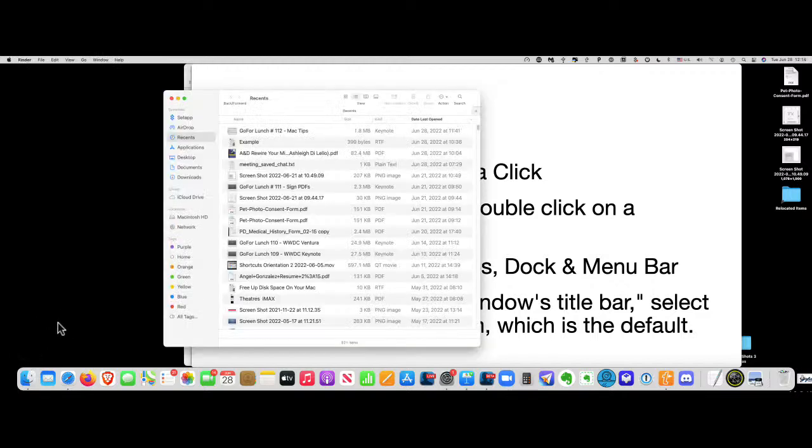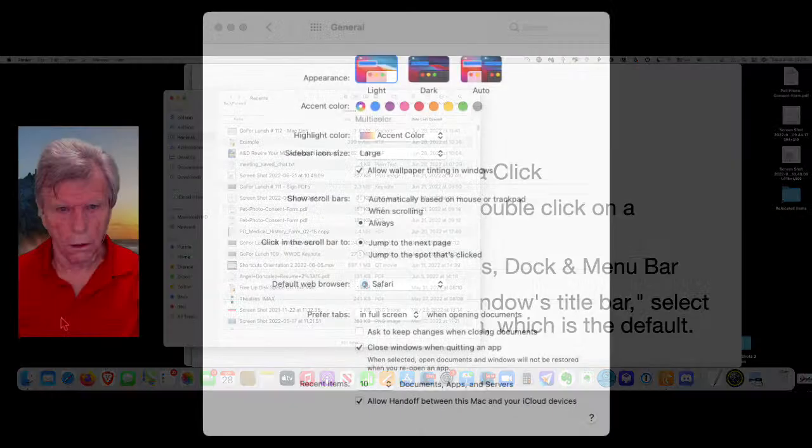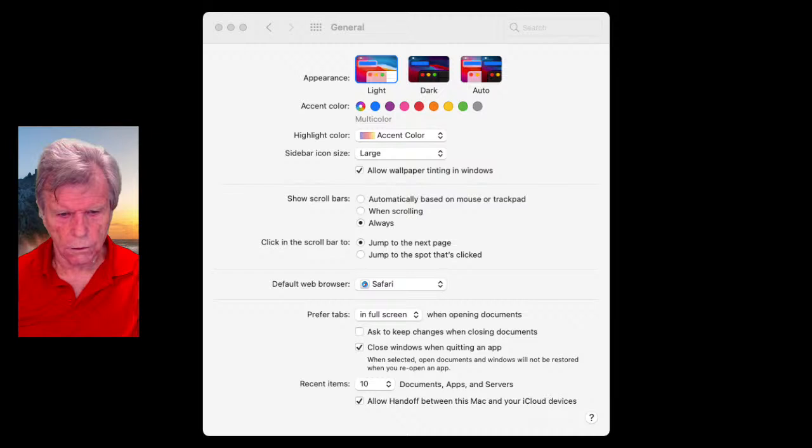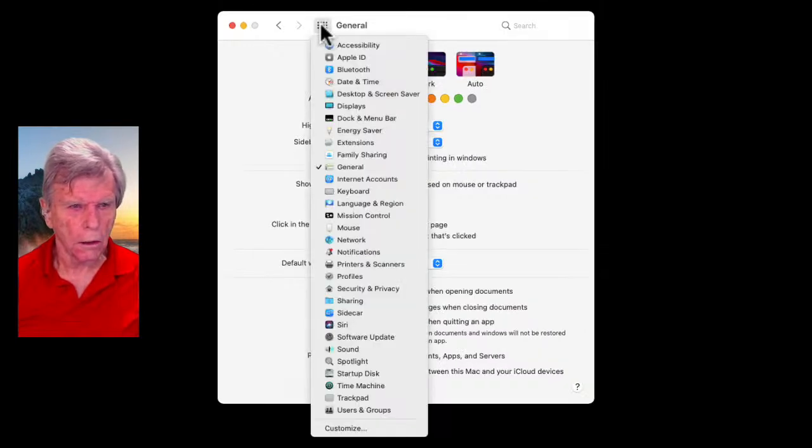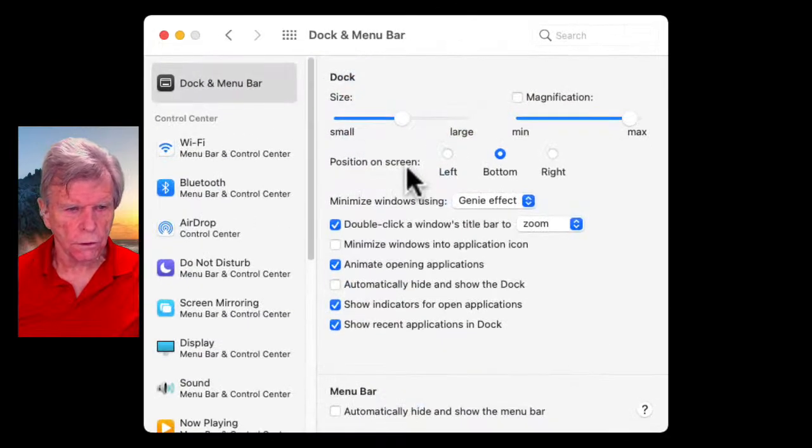actually we want to go into our System Preferences, and again we're going to go back up here, the little 4x3 matrix to show all, and then we're going to go to Dock and Menu Bar. So sometimes you get this drop down of all your choices in your System Preferences. Okay, and right here in the center you see it says double click a window title bar to zoom. So let's